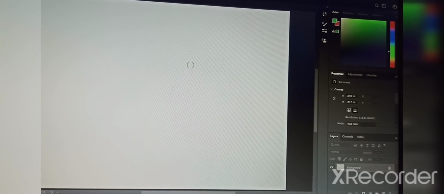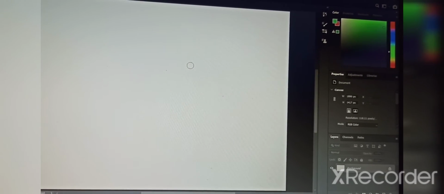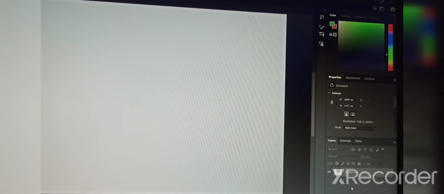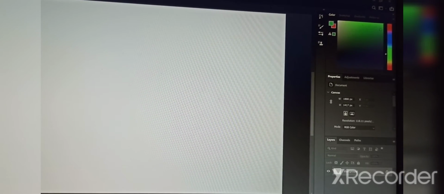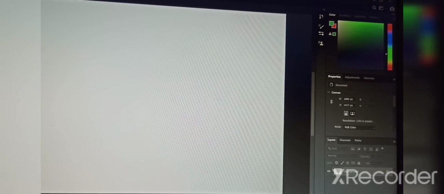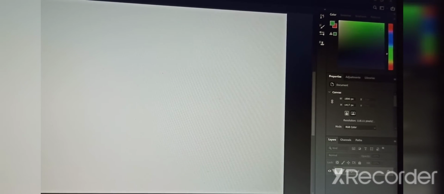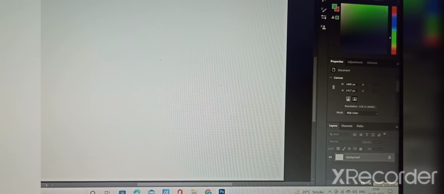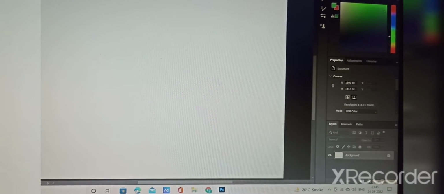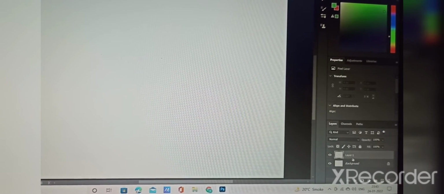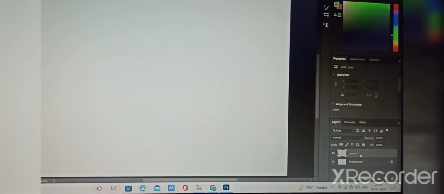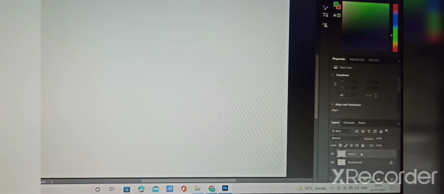Now here we are going to add a new layer. For that, in the bottom of the left hand side you can see there is a background given. In the background you can see the arrow, there is a link there. Here you have to add; here it is given, create a new layer. You have to click on that create a new layer. When you click on that, you can see a layer 1 gets created. So like this we will create a new layer.